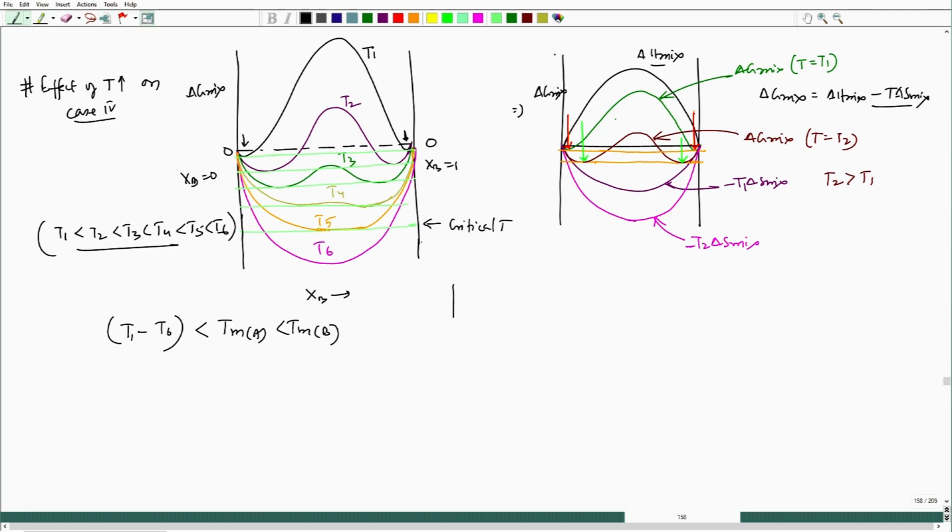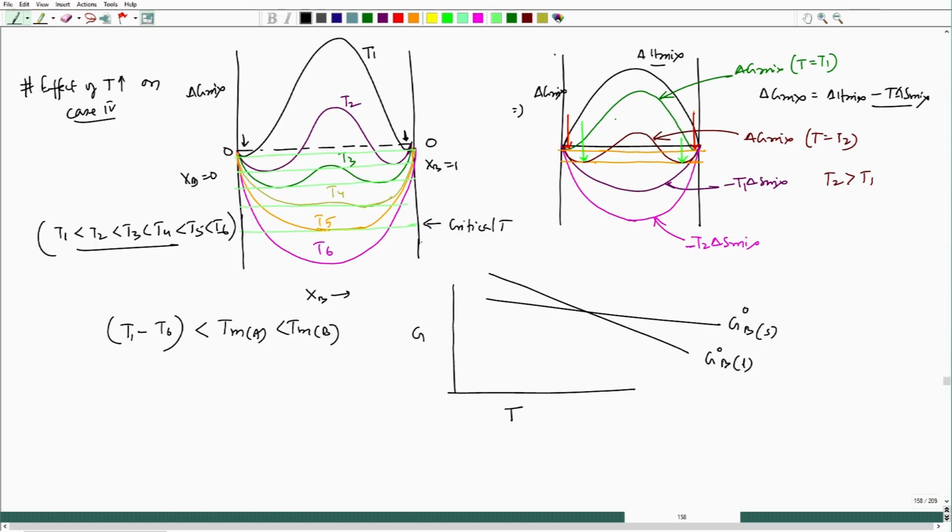So, if I try to look at free energy versus temperature, so this is GB naught for solid, this is GB naught for liquid, hence this particular temperature is TMB,